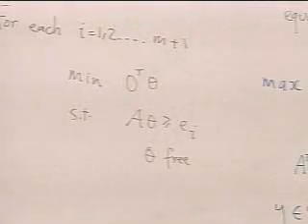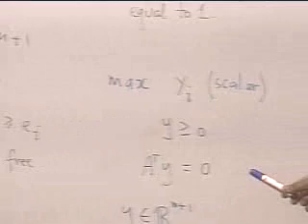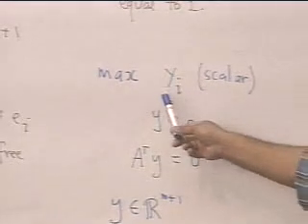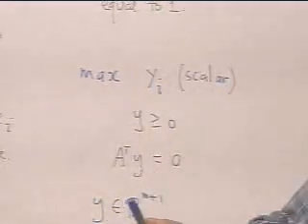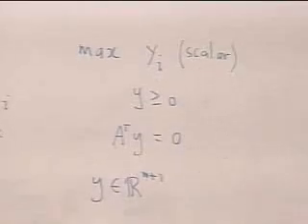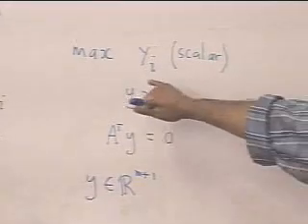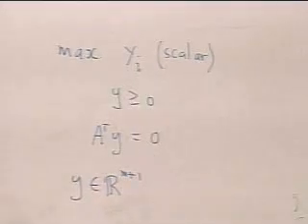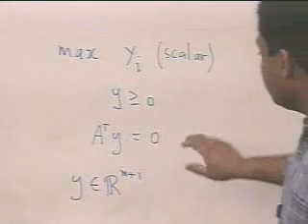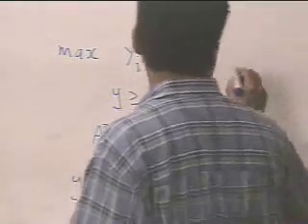There's no confusion? All I'm saying is I have m plus 1 different linear programs. For each of those I construct a dual. The ith linear program tries to maximize the ith component of the dual variable. It doesn't care about the other components, it only cares about the ith component of the dual variable. All right? This is unbounded. So I'm coming up here. So the dual unbounded